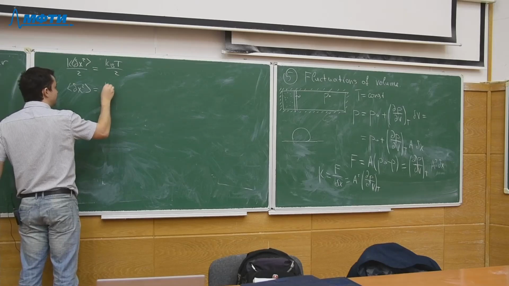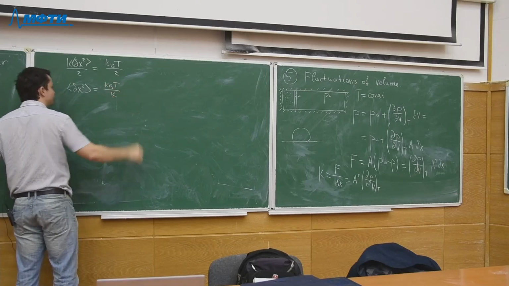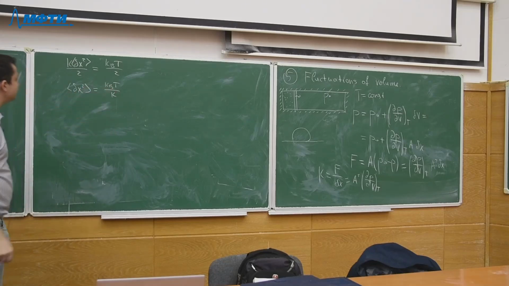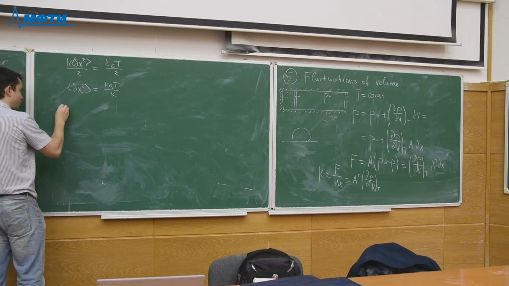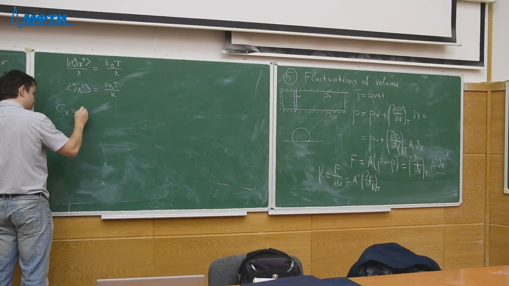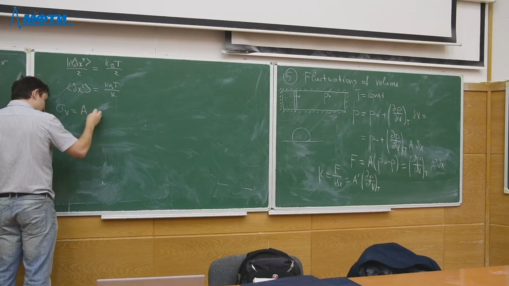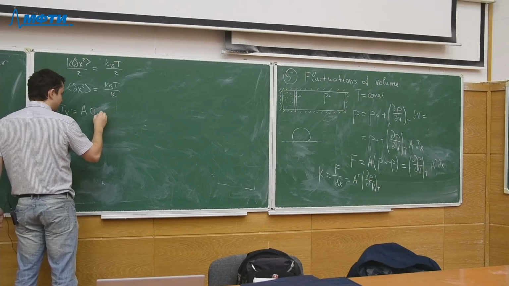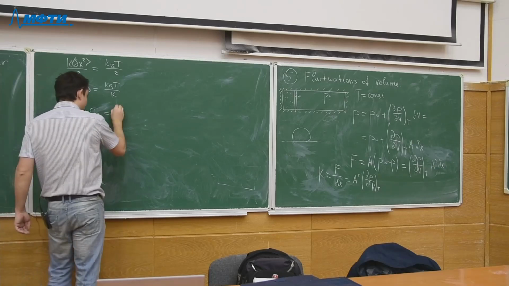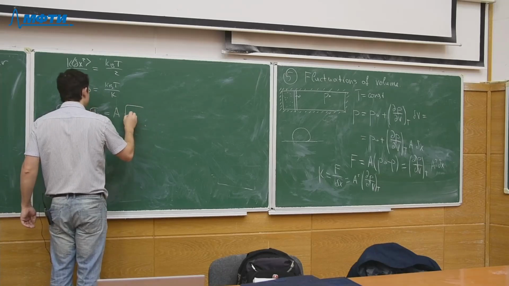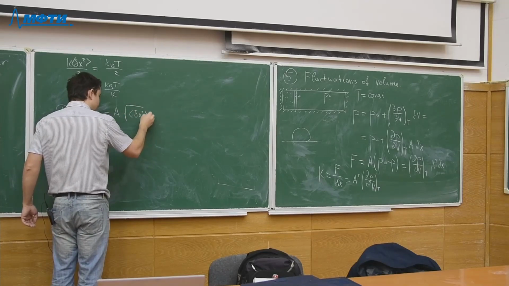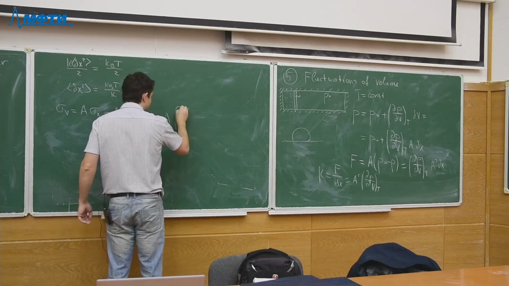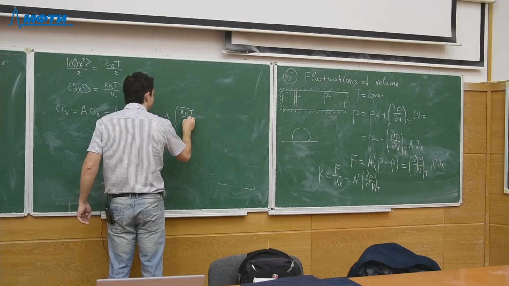That gives me kBT over the spring constant K. And now I can calculate the fluctuations of volume, because the fluctuations of volume should be equal to the piston area multiplied by the fluctuations of x, and the fluctuations of x are the square root of the mean value of delta x squared. So that is equal to A times square root of kBT over K,